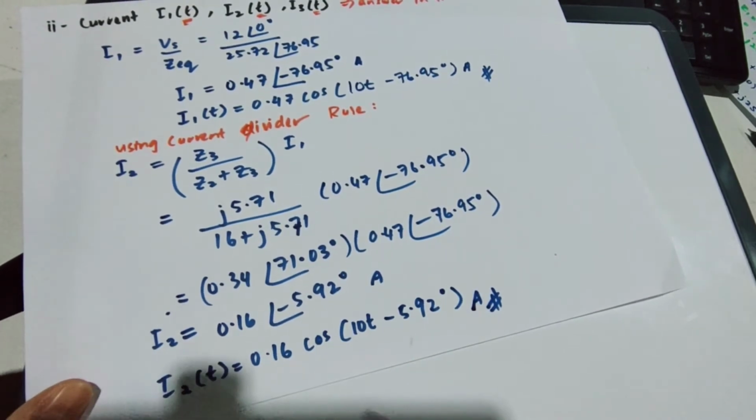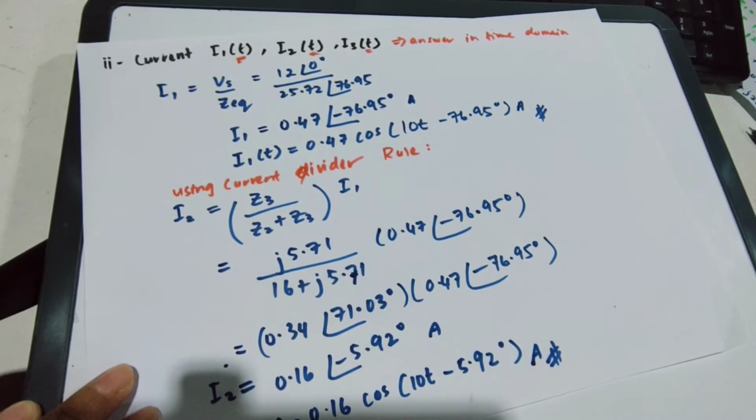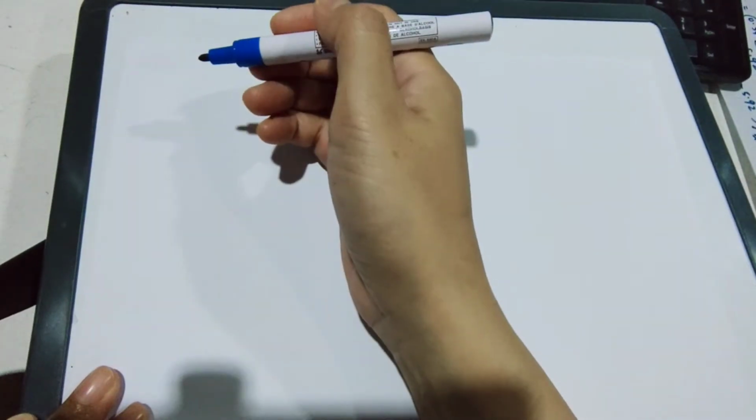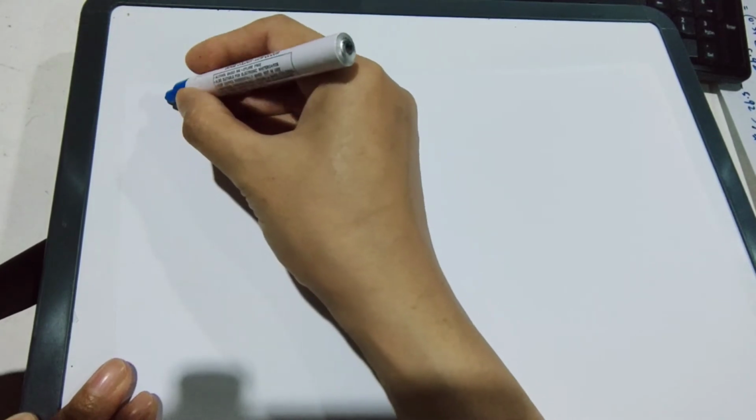Next, moving on to I3, using the same current